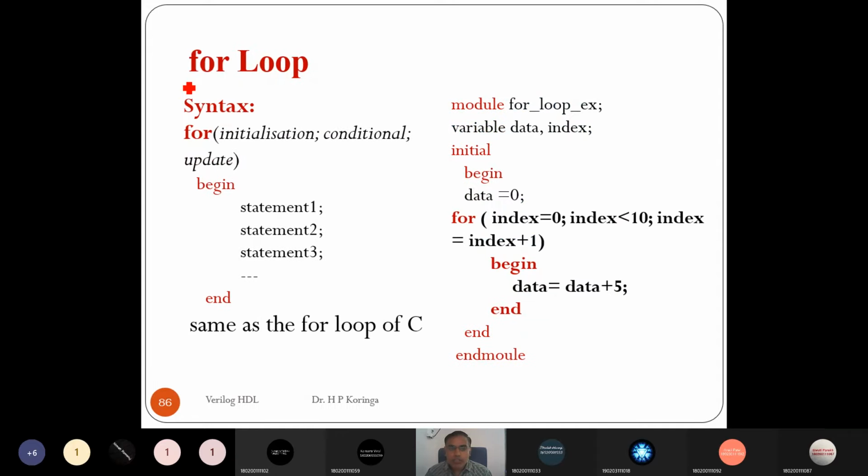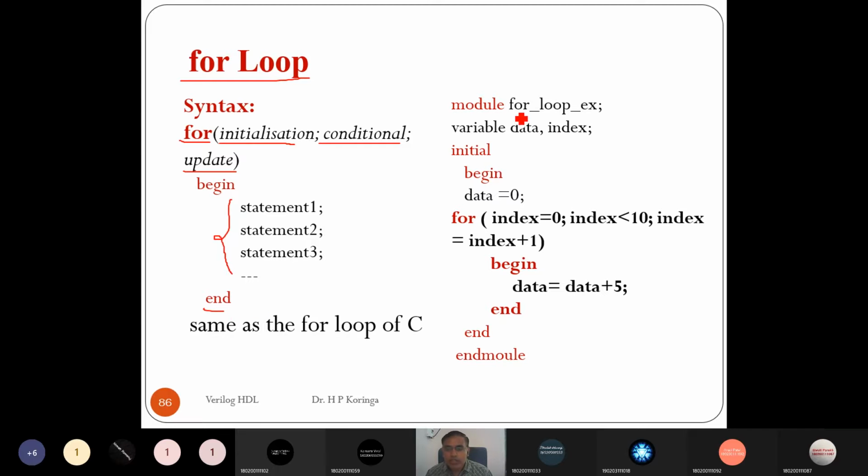Another loop statement is the for loop. Here also the syntax is similar to C. We start with the initialization, then the condition, and the last is to update or increment by 1 or 2, whatever. Then begin, the set of statements, and the end.